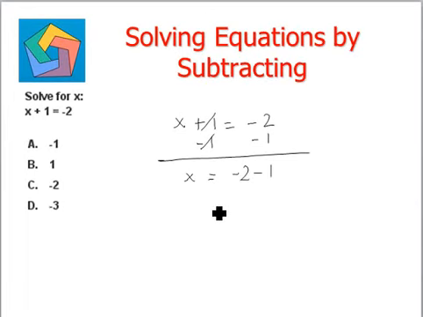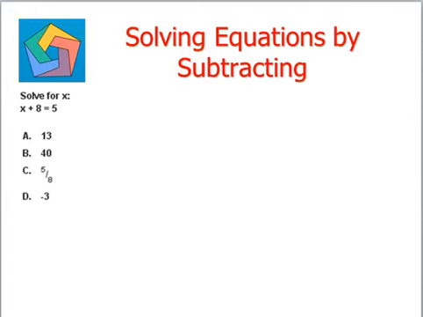So this is nothing but two negative numbers. The two numbers are added, 2 plus 1 is 3, and the negative sign is retained in the answer. So the value of x is equal to negative 3. This is the final answer, which can be seen in option D.